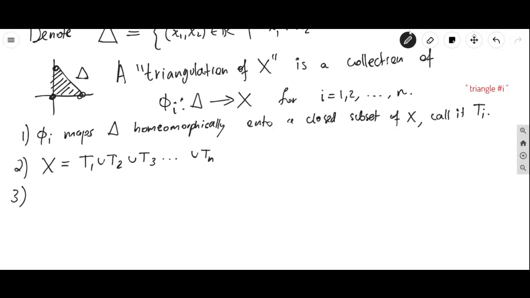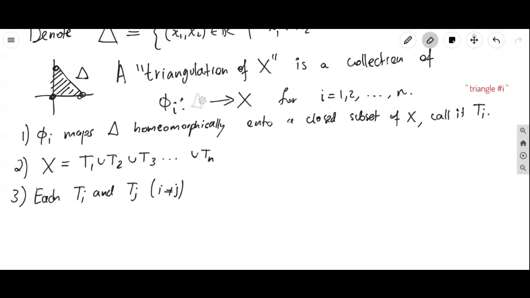So in particular, it would mean that X is compact because it's a finite union of compact sets. The images are compact. Okay, and then the other condition would be that each Ti and Tj, for i not equal to j, so if you take two different triangles,